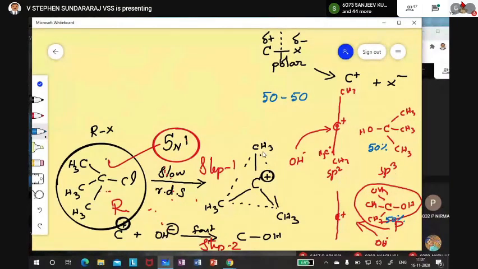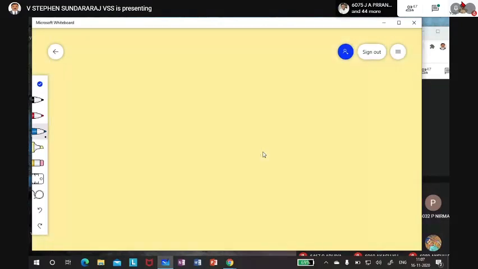Any doubt you want to clarify? Sir, are both not the same molecules, sir? Which one? Both are not the same. The molecular substance is the same, but they have an optical activity difference. They are not optically active here because the same groups are attached. Okay, same groups are attached. That's why I told you I will come back separately.